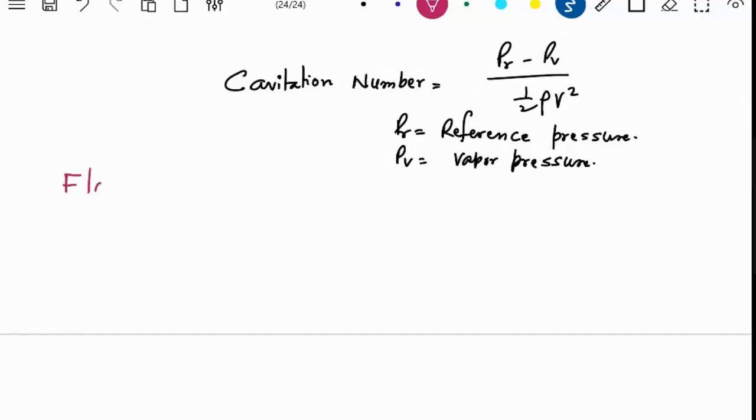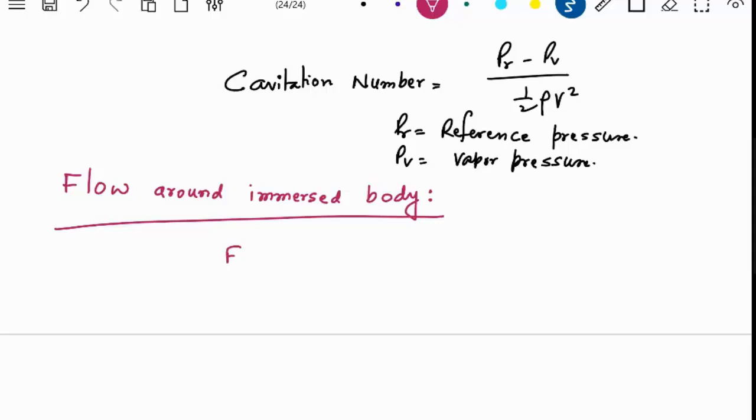Now next we will discuss flow around an immersed body. So what will be the example for this case? You have an object that is moving in a fluid. So, flow around an immersed body. Can you give any example of this phenomenon? Submarine, anything else? Yes, you can have a marine vessel, you can have an aircraft,